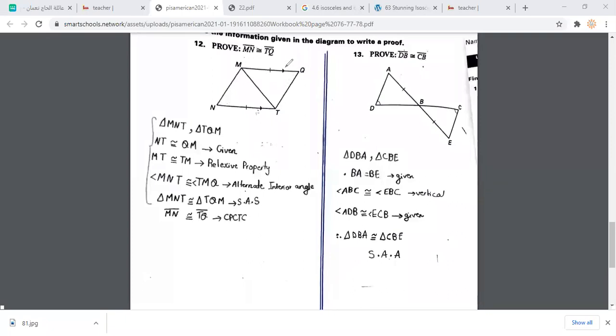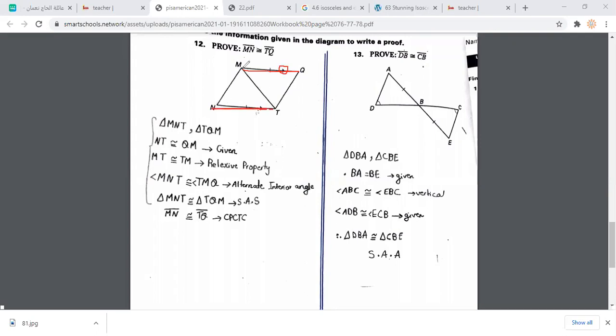And we can note what this sign means, grade 9. It means parallel. And if we go over this one as a parallel line,